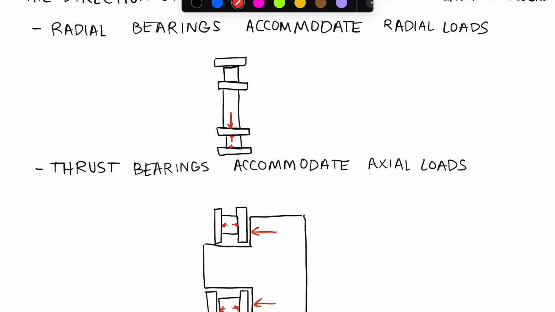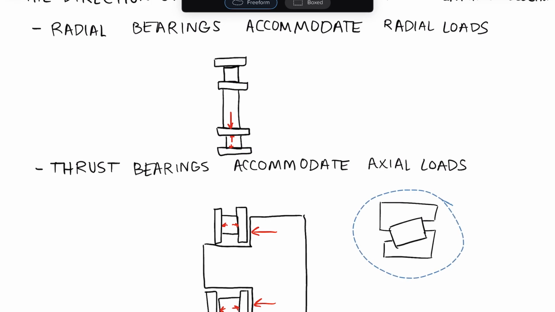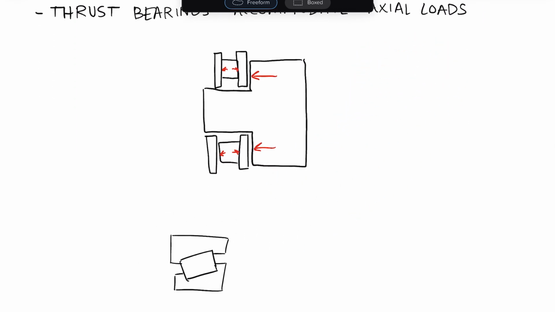Okay, and then there's a whole spectrum in between where we have bearings, say at a 45-degree angle, and they might sit in a race that looks something like this. And these types of bearings can accommodate both radial and axial loads. So depending on the angle,